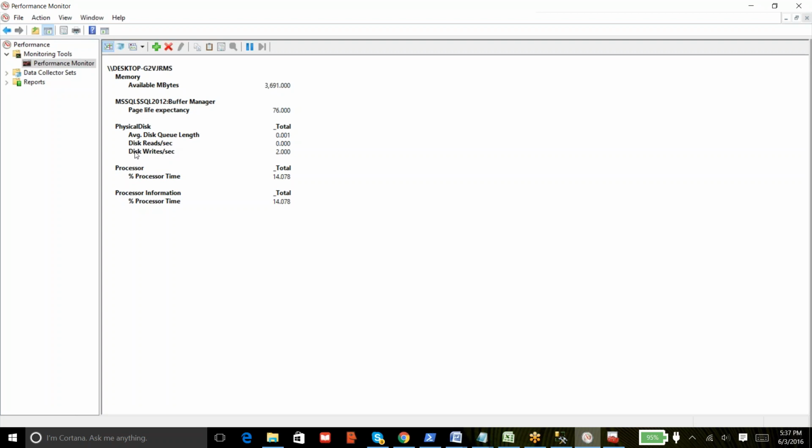And the disk reads per second and disk writes per second. As of now, it's my local instance and I'm not running anything over there, so it's very near to 0. But in real time and for OLTP databases, you might see around 100 or 200 writes per second or reads per second. And the processor time is your CPU time, how much CPU percentage you are currently running on. So you can check it by going to Task Manager,